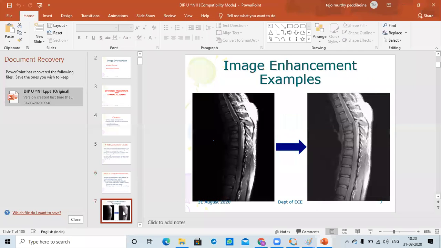So for example, there is an image here where in this particular image there are certain black shades which we cannot visualize clearly.